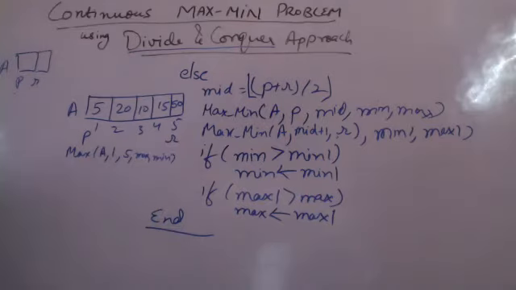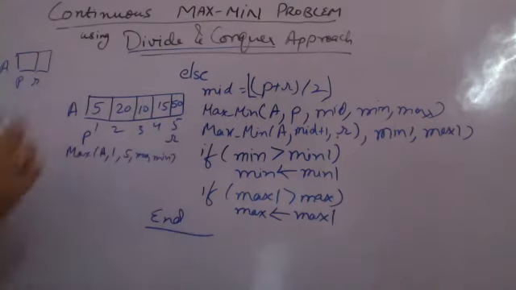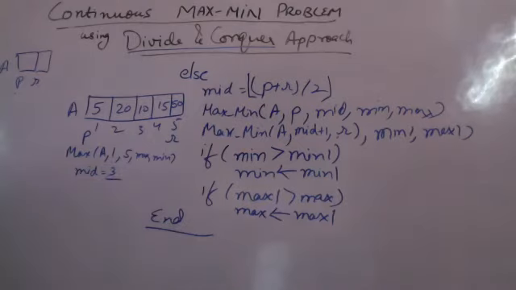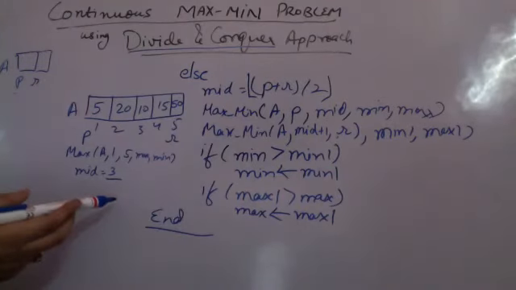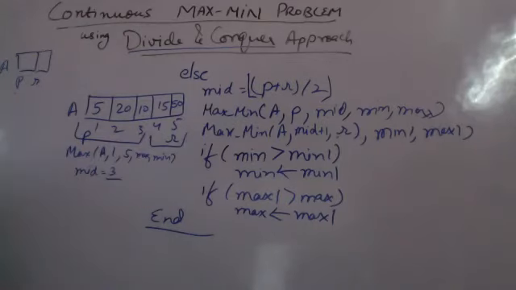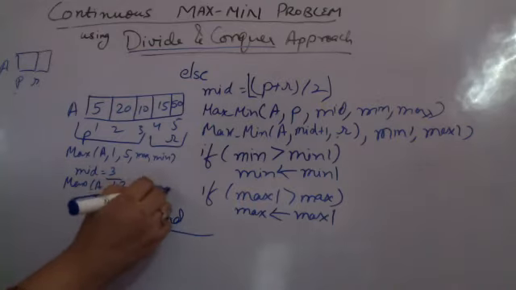So when you are passing this, P is not equal to R, first if is false. P is not equal to R minus 1 also. That means we will be calculating mid. Mid is 1 plus 5 by 2, it becomes 3. 0 से start होता, so it would have become 2, does not make a difference again. If it is 3, I am calling for this half initially and this half. So max min will again be called recursively from 1 till 3, and a max and min is here again. It is a recursive call.